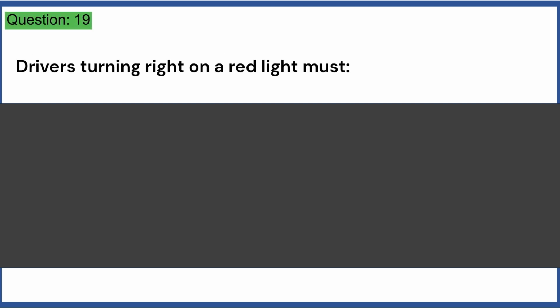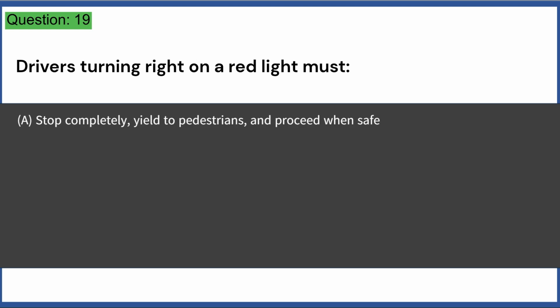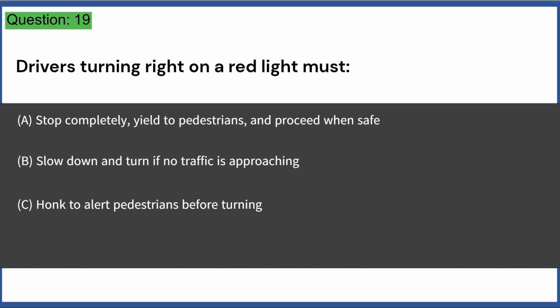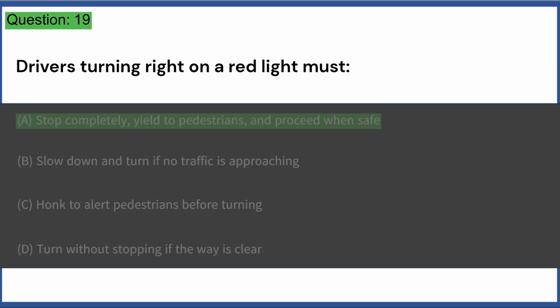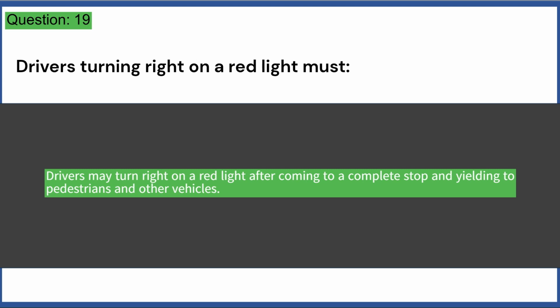Drivers turning right on a red light must: A. Stop completely, yield to pedestrians and proceed when safe. B. Slow down and turn if no traffic is approaching. C. Honk to alert pedestrians before turning. D. Turn without stopping if the way is clear. Answer: A. Drivers may turn right on a red light after coming to a complete stop and yielding to pedestrians